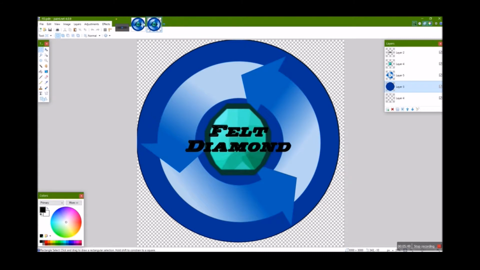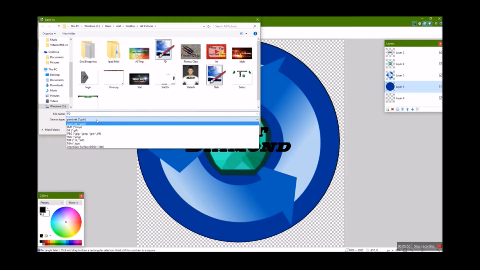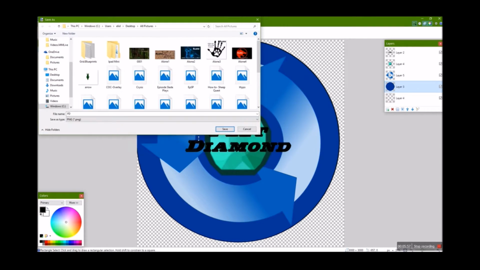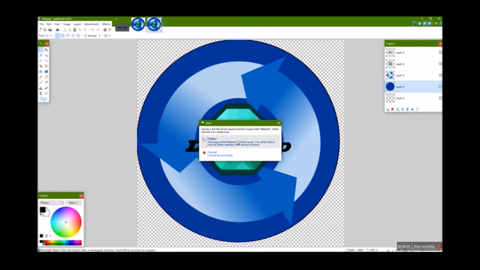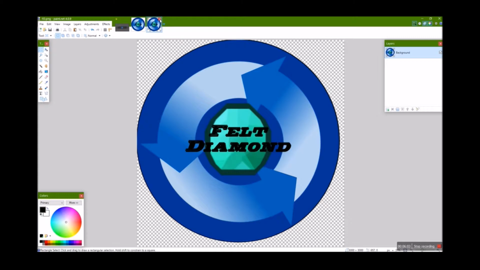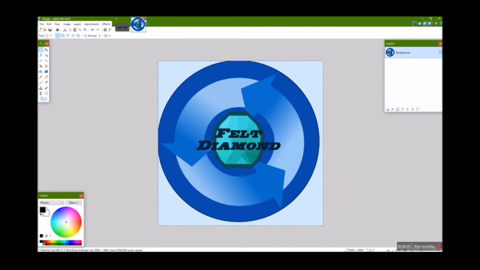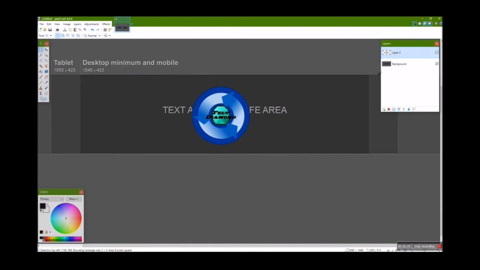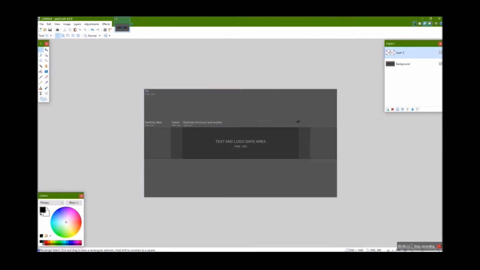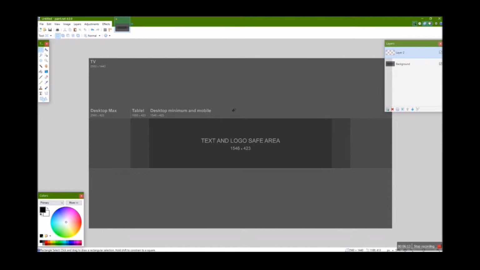So we actually need to save this as a PNG, so the background is transparent. So if we save that, flatten the image, that'd be fine. We already saved it as in layers. So now, making sure that this layer is still selected, you might want to delete what you already did if you didn't already. Then come to File,